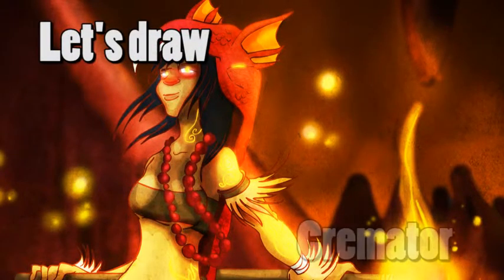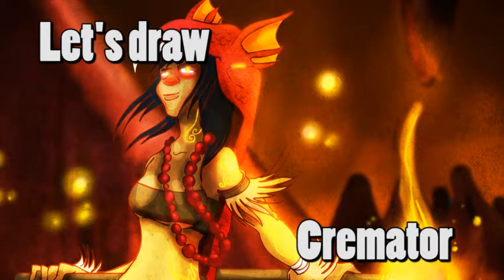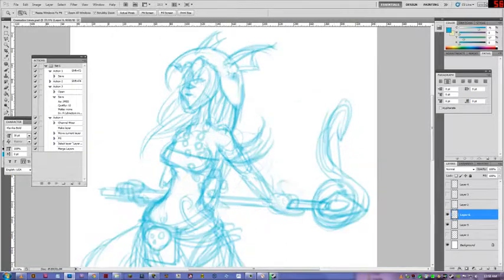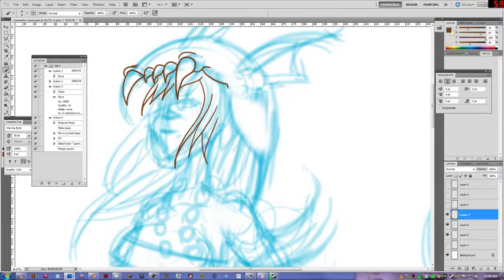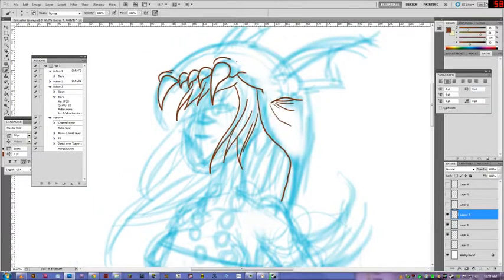I didn't do any commentary for the first one, but today we're going to be drawing the Cremator, which is one of the other characters from the secret game project that we're working on. And here we can have a look at the lines, and I'm just filling in the inks at the moment. I don't usually record doing the pencils and stuff because that generally takes an extraordinary amount of time